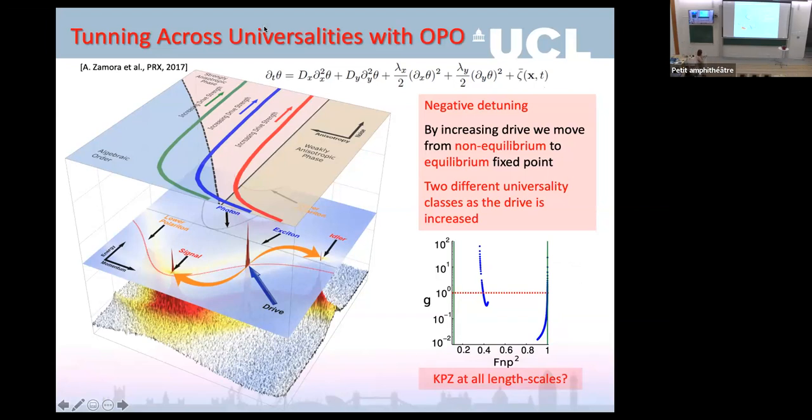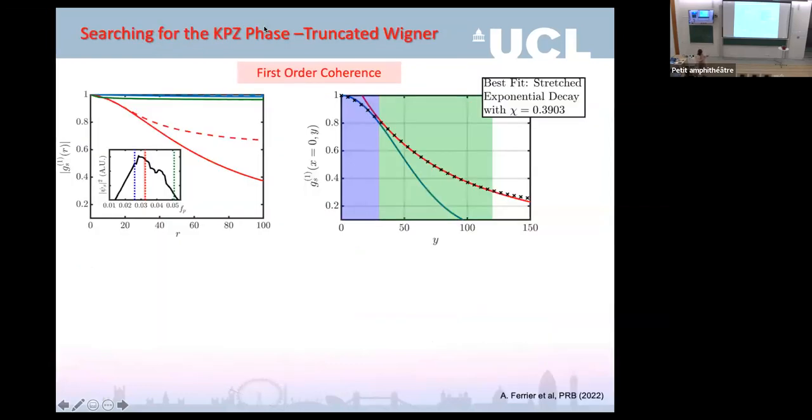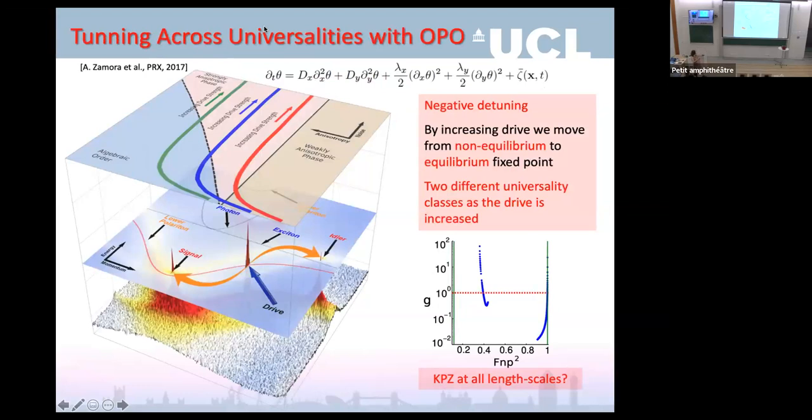So again, that was done in a very similar way to earlier analytical work: Keldysh field theory, the renormalization group, and so on and so forth. Experimentalists might not believe you. If you do this, it's always better to just brute force simulations to convince anyone. So, motivated by the analytical prediction that this KPZ phase should indeed exist in this OPO system,